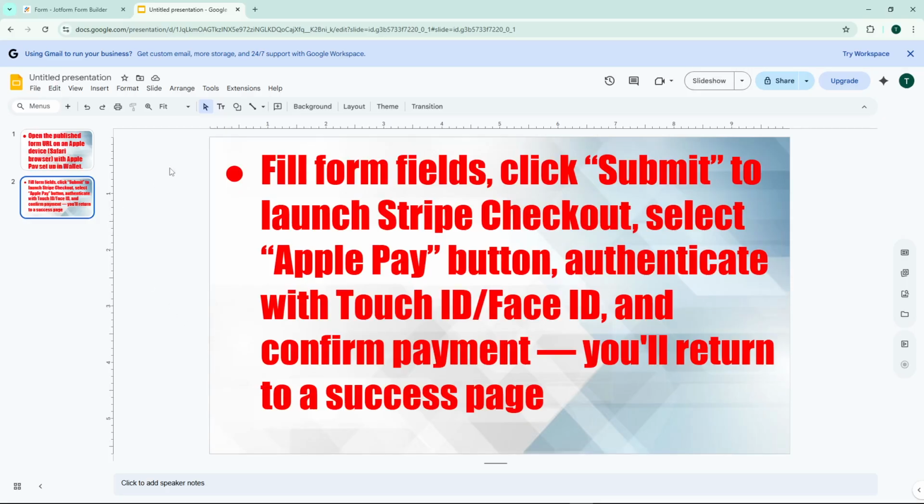And that's it. You've successfully set up Apple Pay through Jotform's Stripe checkout integration, making it easy for your customers to pay quickly and